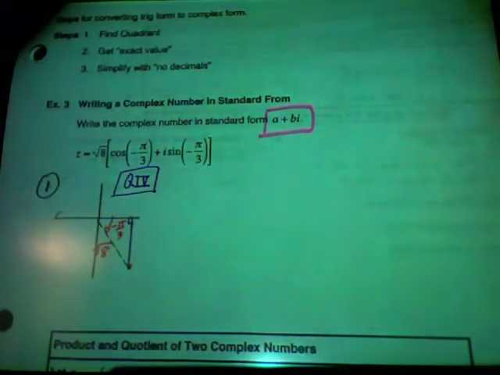So I'm going to use what? What can I use when I have the hypotenuse? Sine, cosine, or tangent? Sine and cosine. And if I find sine and cosine, isn't that my A and my B? Cosine is my A, sine is my B, right? So then step 2,